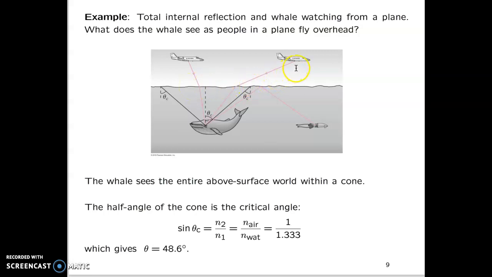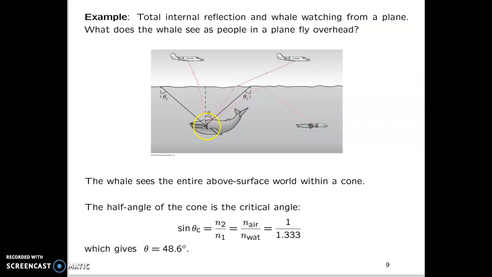Here's another case over here. This one is more pronounced, the effect. The plane is further along, we'll call this the positive x direction. So it's moving to the right, it's further in that x direction. And the ray of light comes from the plane, hits the surface of the water, and then bends, and then the whale detects it